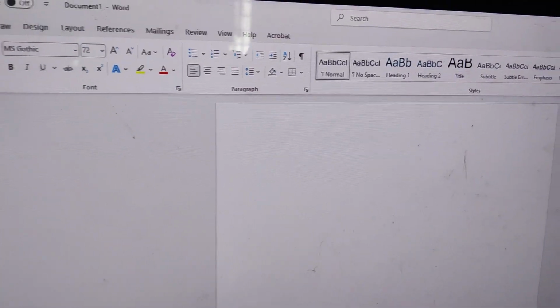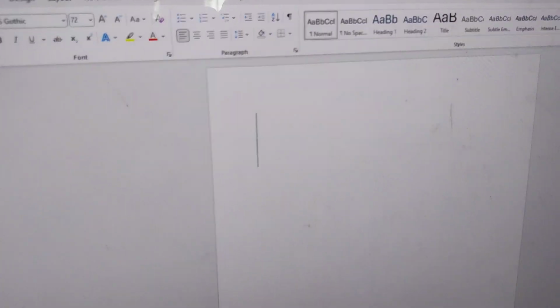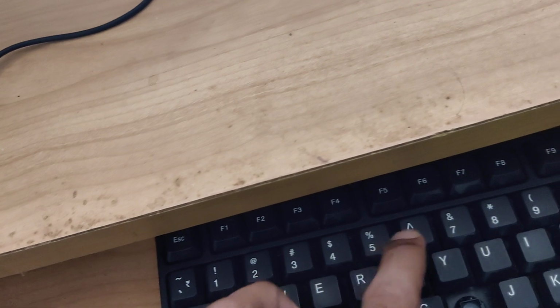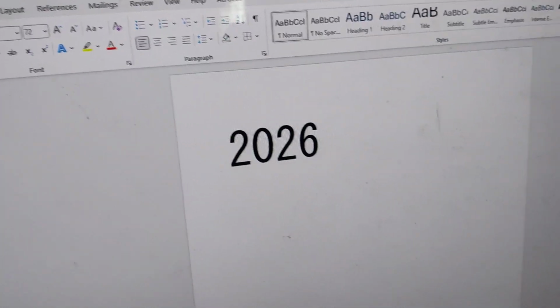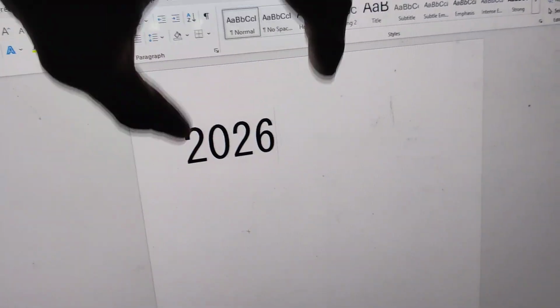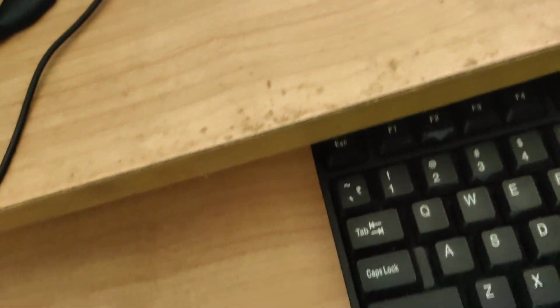So I open Microsoft Word in my Windows computer, and I am going to my keyboard, and simply I am going to type here 2026. So I type 2026, type like this, and now again I am going to my keyboard, and there you can see